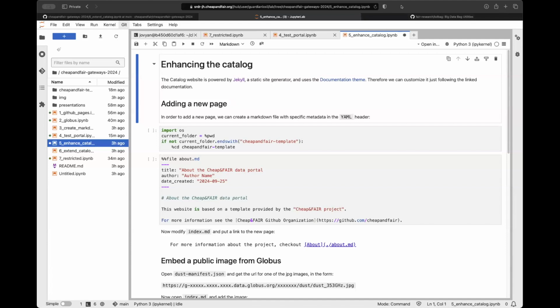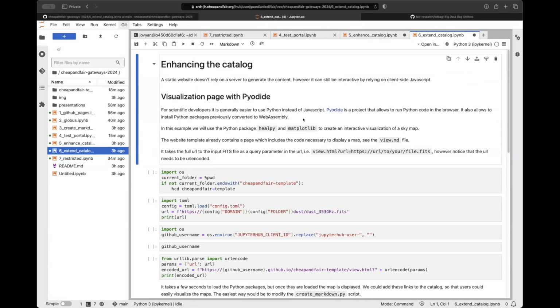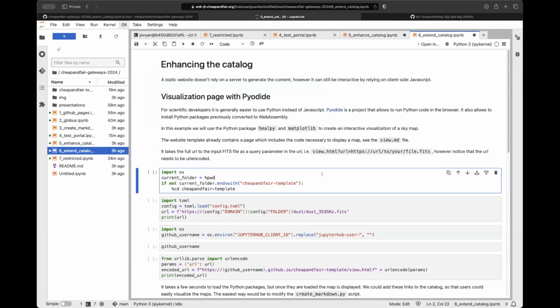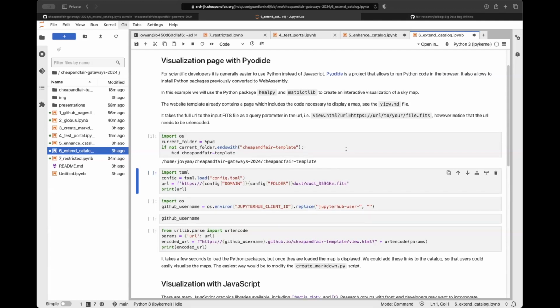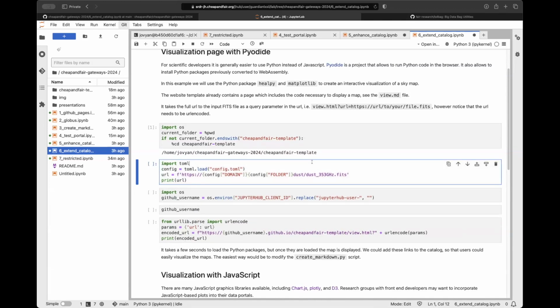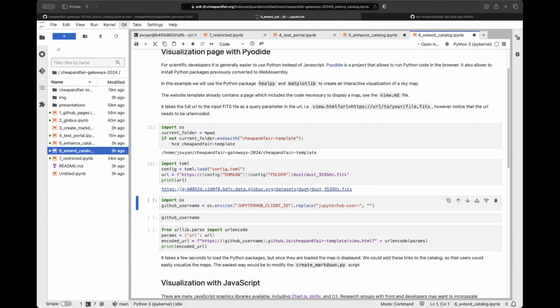Okay. So we do want to show the next capability, which is extending the catalog. I mentioned this briefly earlier, that there are now capabilities to do more interactive stuff. And so here we've deployed some existing markdown files into the repository that will visualize files. The first one we're going to show is just generating a URL for one of the FITS files in one of the public folders. And we're using